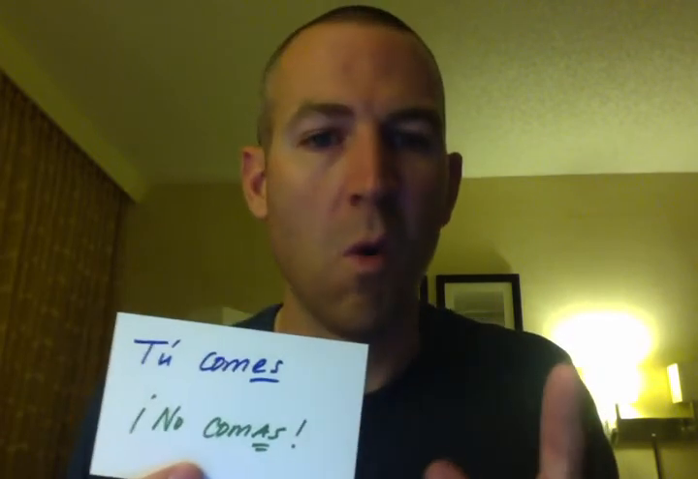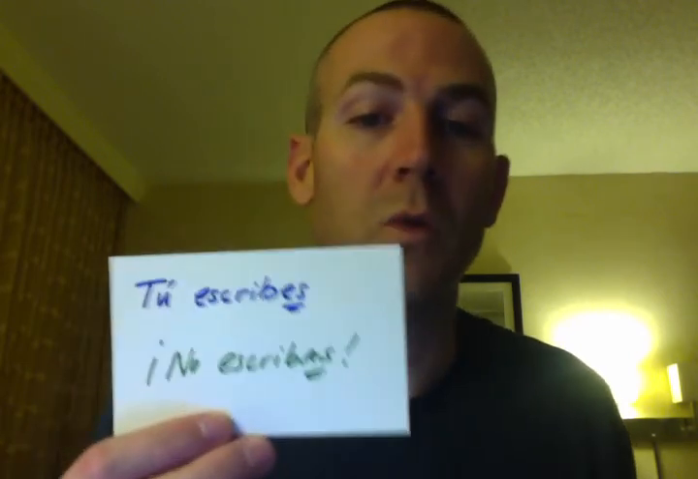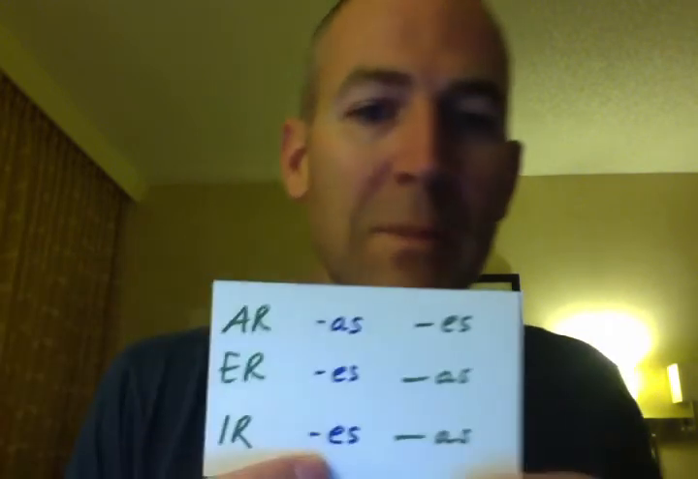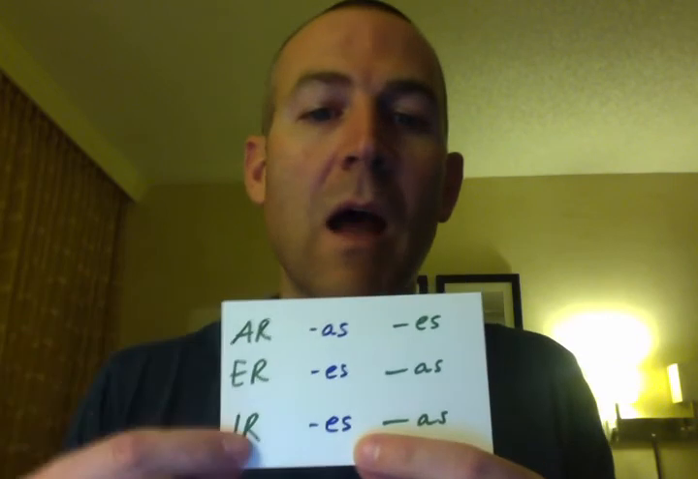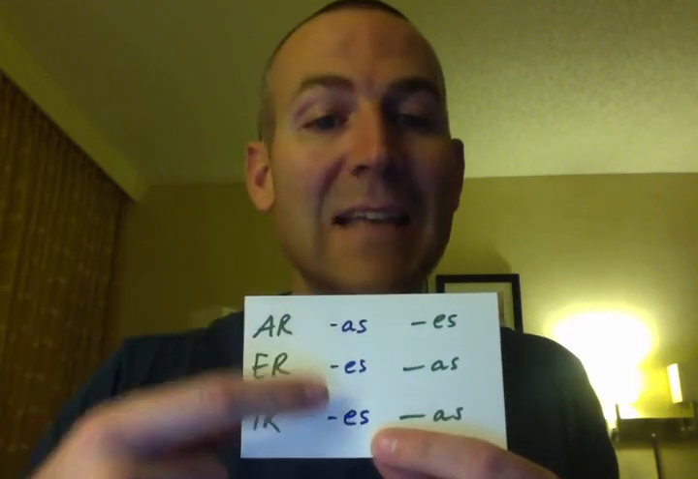All right, ER verbs work the same way. Tú comes, or no, no comas, no comas. All right, remember, step one, put in the no. Step two, opposite day. Same thing for an IR verb, tú escribes, normal. In a negative command, no escribas. Right? So, wrapping these up, for an AR, ER, IR verb, where normally you've got as, es,